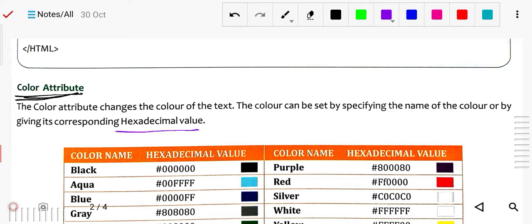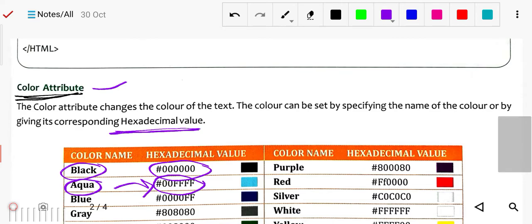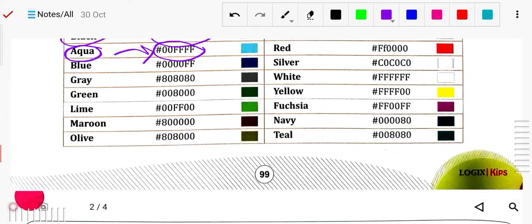Suppose for black, this value is 000000. For aqua it is 00FFFF. So either you can write the name or this hexadecimal value for this color attribute. You can use it for coloring your text. So this chart is given, you can check that.